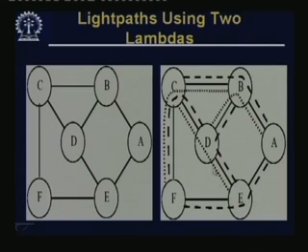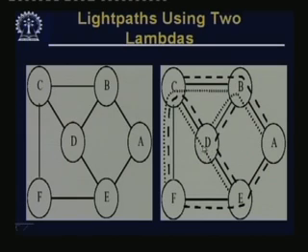Then I want to connect E to C. Now, I cannot go from E to C after lambda 1 has been assigned. I cannot go from E by lambda 1 to anywhere, because all the outgoing fibers, the lambda 1s have been used up, this side for A, this side for B, and this side for F. So, in order to connect from E to C, I use another wavelength, say lambda 2, which connects me